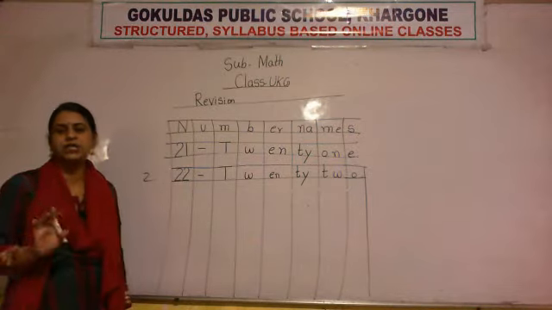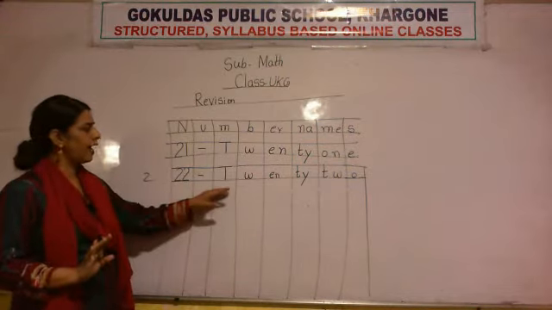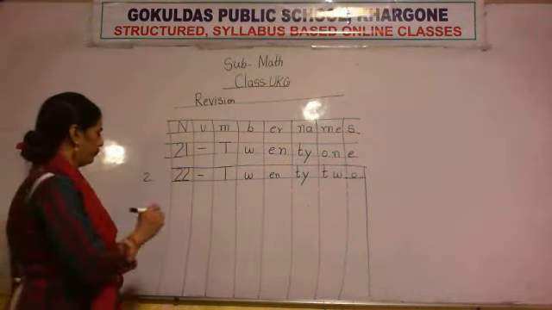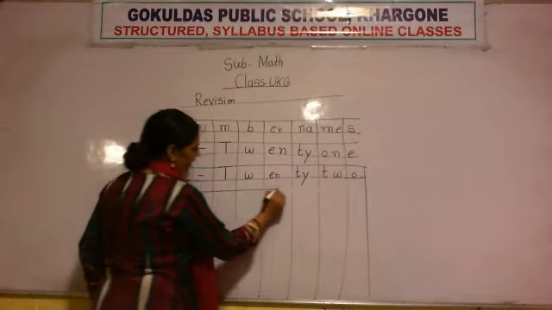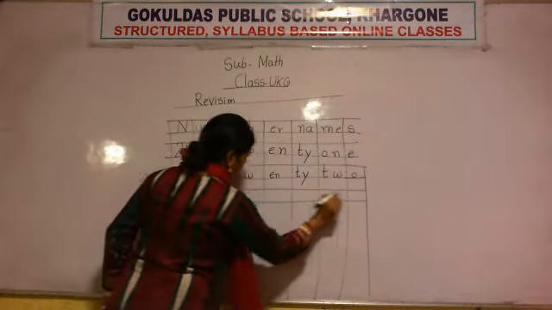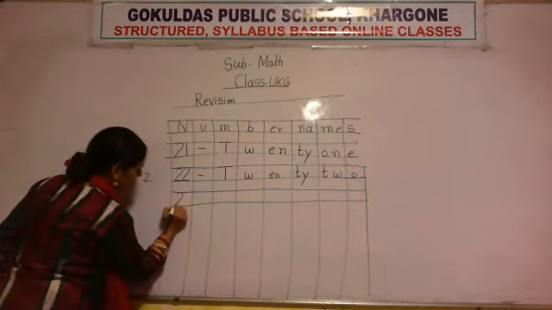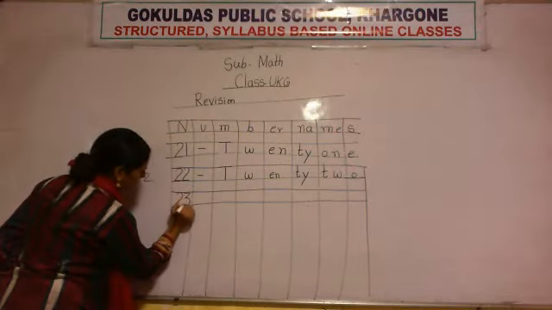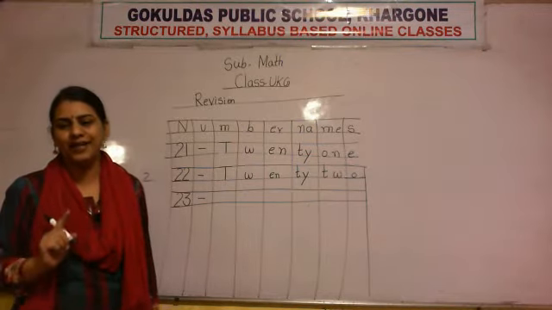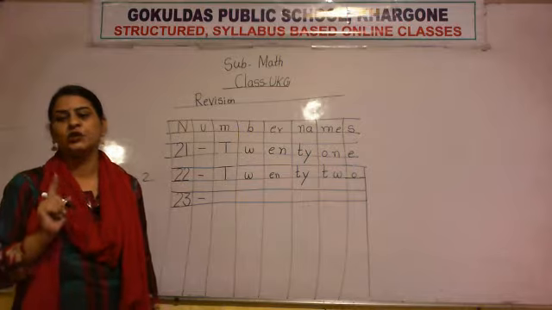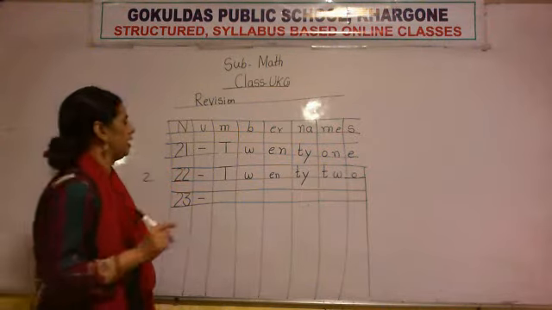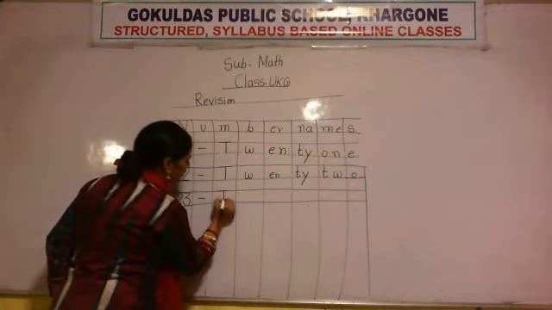If you have space in your notebook, you can write one letter in one block. You can write like that also. Now after this, again I am going to give one column gap here, and write the number 23. That means 20 plus 3, 23. So once again we will write the spelling of 20. TWENTY.